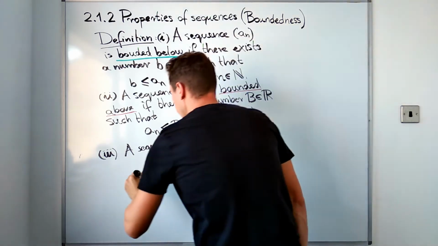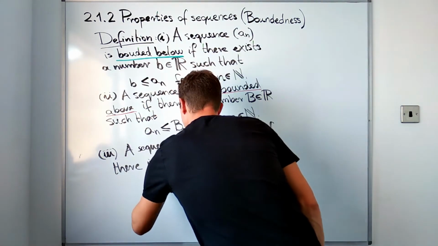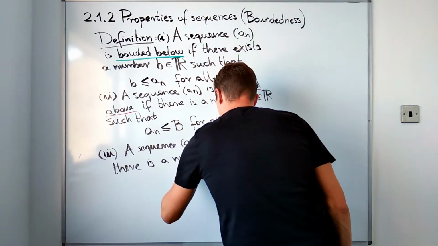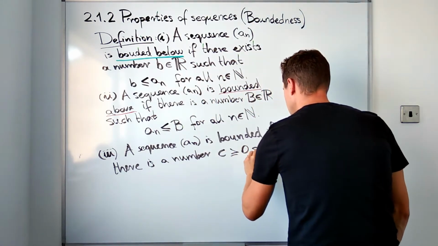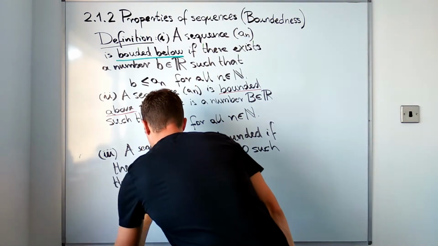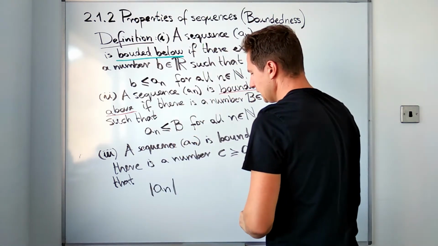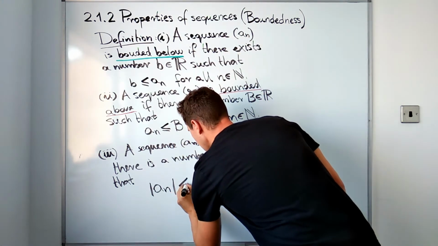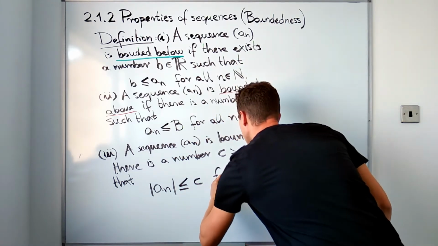This happens if there is a number C, a non-negative number C, such that the absolute value of the nth term of the sequence is less than or equal to C